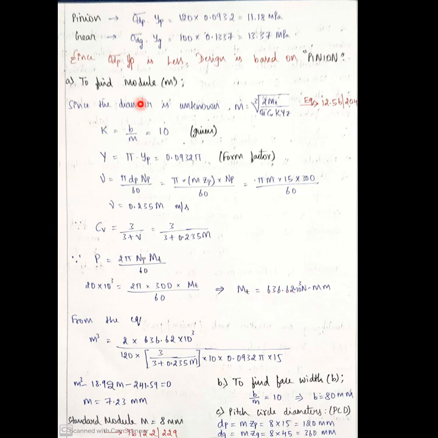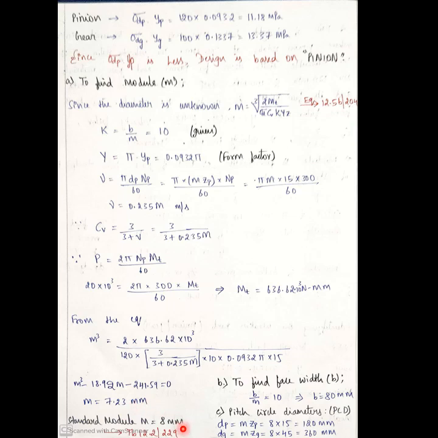All these values you have to substitute back in this main equation. Understood, guys? All these equations you have to substitute in the main equation to calculate the value of m. If we substitute all the values, you will get m in terms of a quadratic equation. If we solve, we will get one positive value, and that value you have to consider. Now you have to standardize this module.